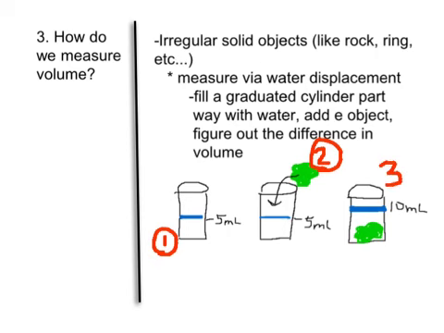And then we read the volume again. So you see how it went from 5 milliliters to start with, and then once we got the rock in there, it's 10 milliliters. So obviously the volume went up. So what we do is we subtract the two. 10 minus 5 is 5. So the rock must have a volume of 5 milliliters, since it displaced 5 milliliters of water. All right, so that's how water displacement works for finding the volume of